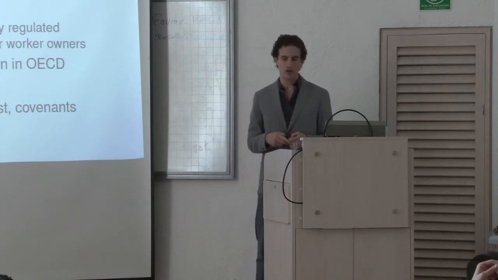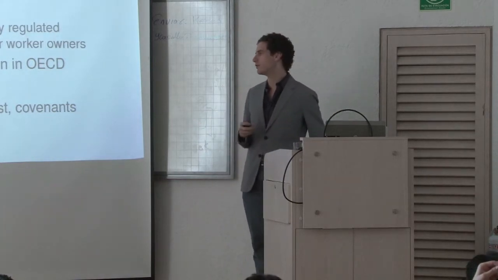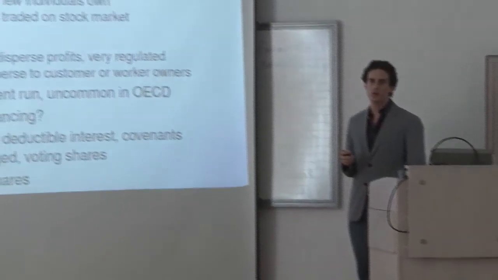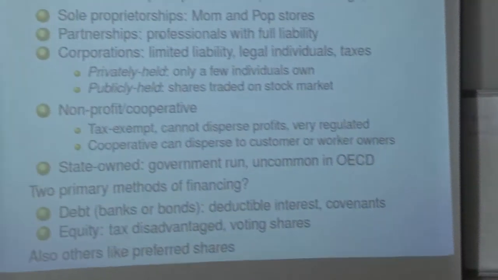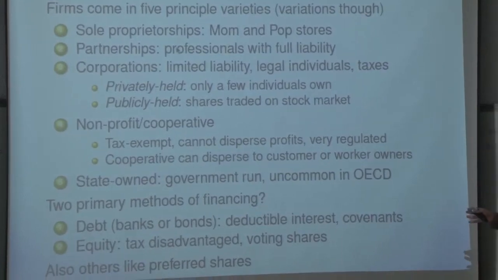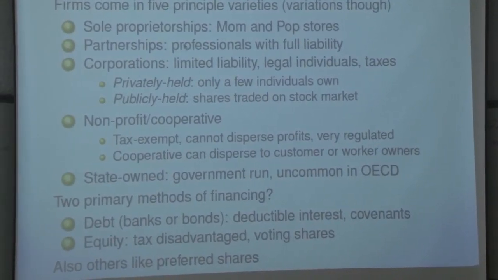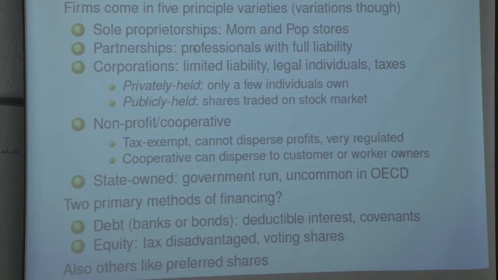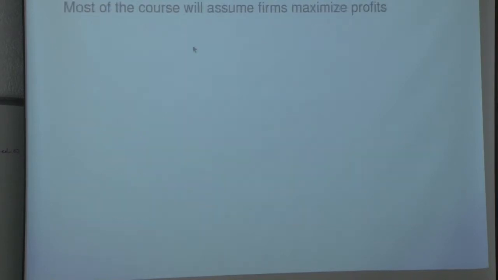Okay. There's also some things that are in between the two of these, which are called preferred shares, which don't have voting rights, but have a payoff structure that's more like equity, but not completely, because they'll have sort of first claims if the company starts to go bankrupt over some of the debt holders.